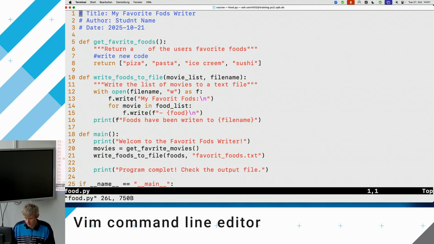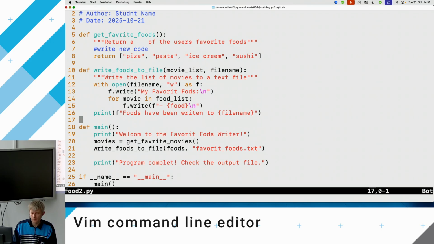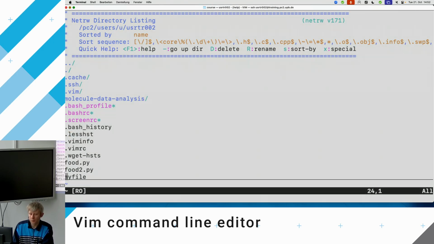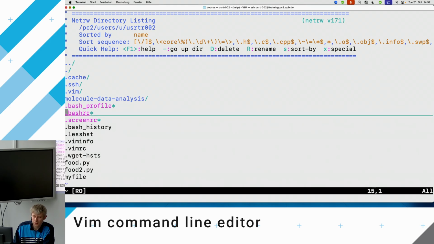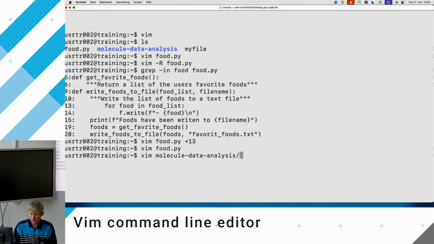Another thing is the e command, and with this you can just start editing another file. So this is the other version of the file. Or you can also use capital E, and then it will open up a little list of the files in the folder where your original file was opened. So, for example, if I'm opening this,